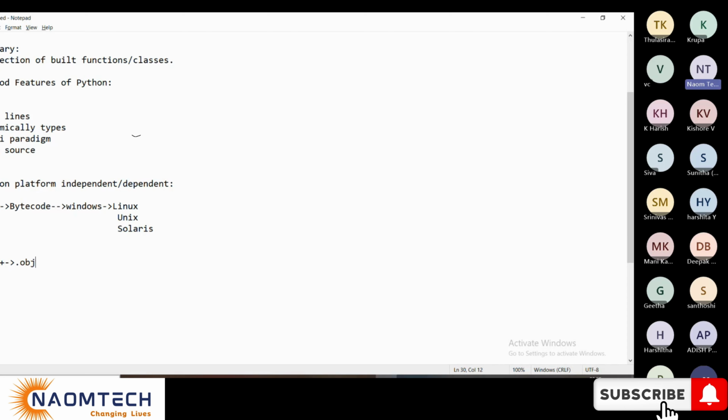We can try to run this dot obj, but it is not distributable. We cannot run the dot obj of one operating system on another operating system. That's why C and C++ are dependent languages, no doubt. But if it is Python, another important thing about Python is that it is an interpreted language.